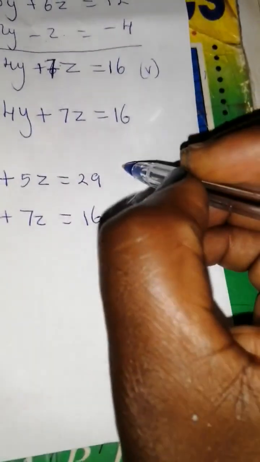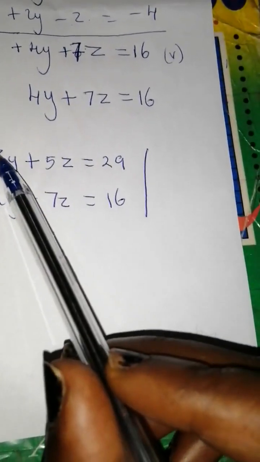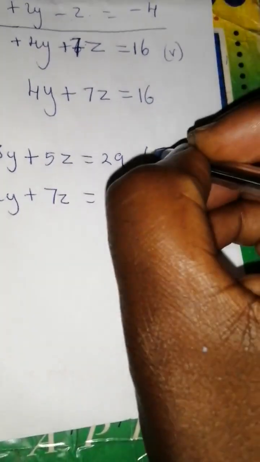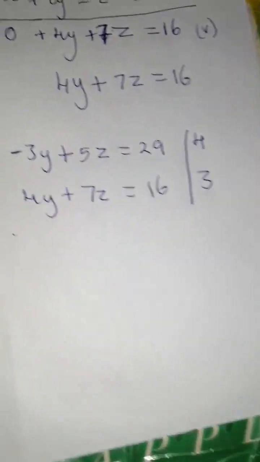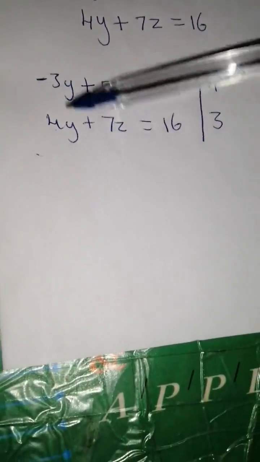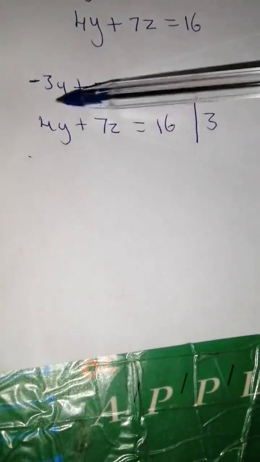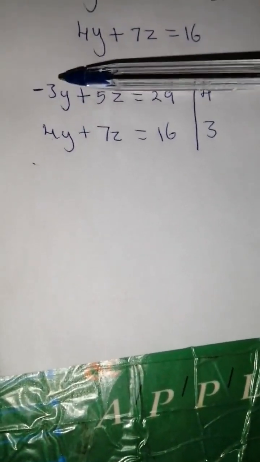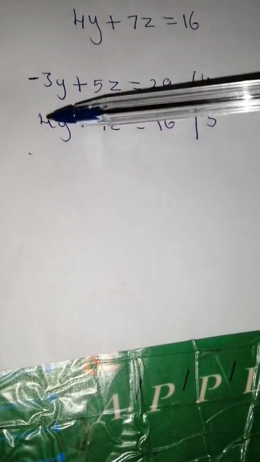So if I choose to eliminate y first so that I find the value of z, I can simply swap these, where I multiply this equation by 4, then the second equation by 3, like that. Okay, so what I've done is I've only swapped these because I want to eliminate y and I want these terms to have the same coefficient. So I've swapped. This 3 is multiplying the terms in this equation, then this 4 will multiply the